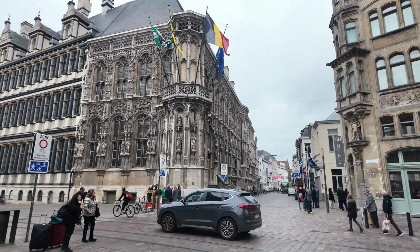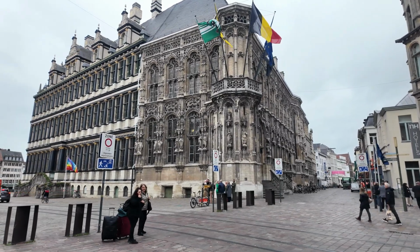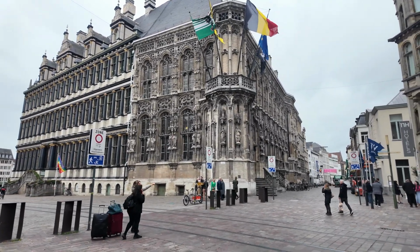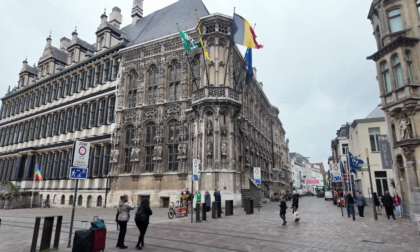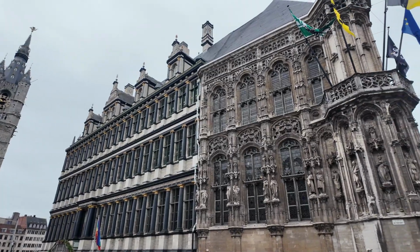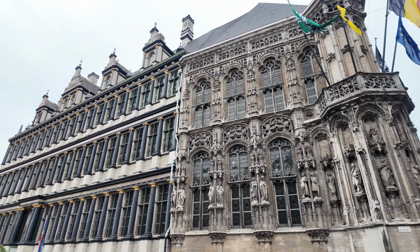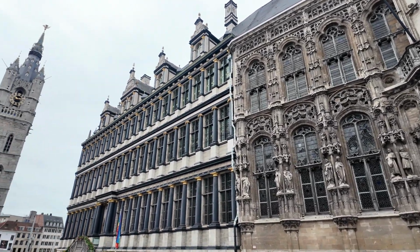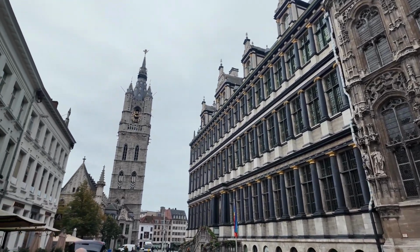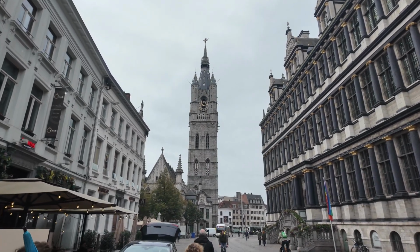So in Ghent basically you need to walk a lot, so be ready if you are in Ghent. You need to walk, and then you need to see. This is another view of City Hall. The weather is very nice today, so you can see